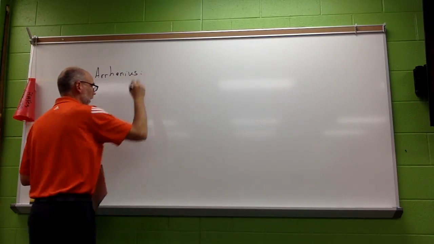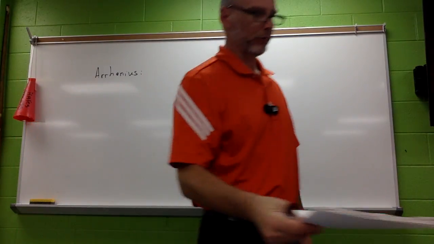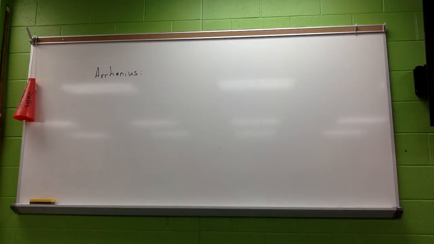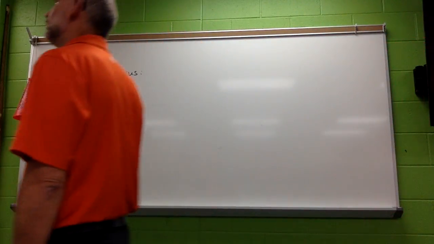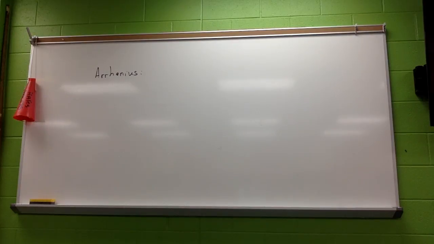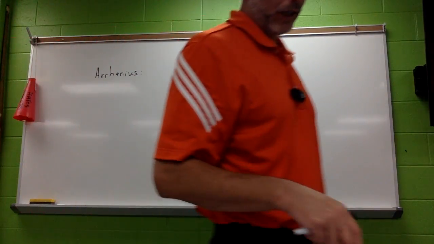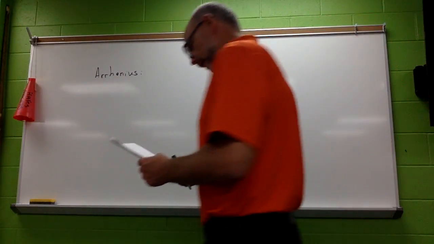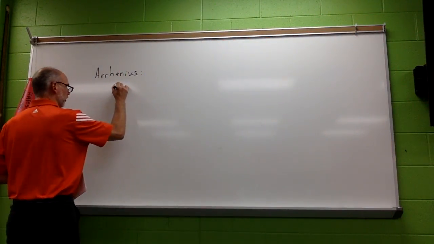The first theory on acids and bases is called the Arrhenius theory. This was developed a few hundred years ago. Forget what his first name is. Anyway, essentially what Arrhenius says, a substance is an acid